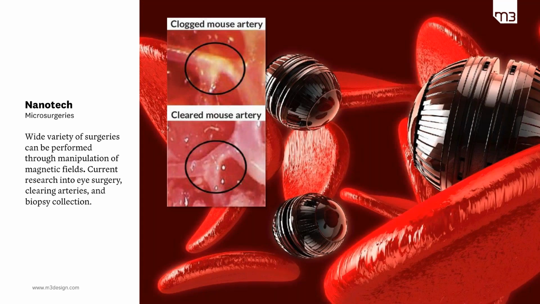And then beyond that, there's exploration into more wild technologies like microsurgeries. So here we have an example of nanoparticles that can be injected into the bloodstream and then manipulated with a magnetic field to clear plaque from the arteries. So what happens is they can move those particles in a corkscrew fashion, and that will clear the plaque out mechanically, or they can modify the particles to bond to white blood cells and then reprogram those cells to eat away at the plaque. But there's also some research into biopsy collection and eye surgery, and all these different applications would make even minimally invasive surgery seem very obsolete.